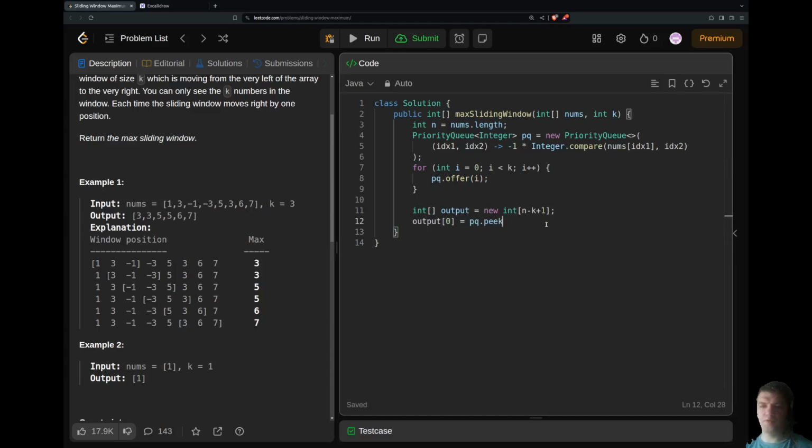And the output at 0 is going to be nums of pq peek, and then for i equals 1, i less than n, i plus plus. So on every move I'm going to add the element to the priority queue, pq offer i, and then I need to do this while pq peek